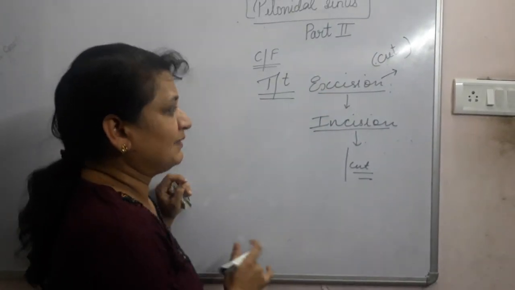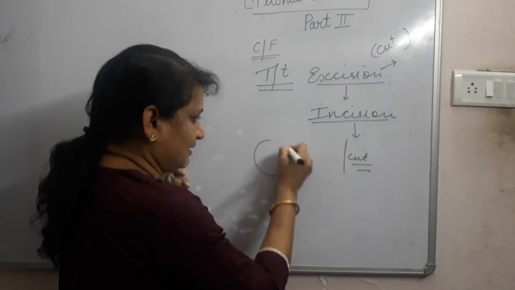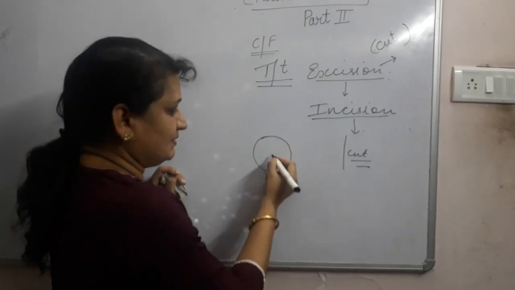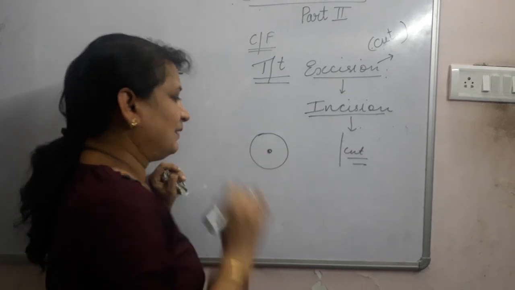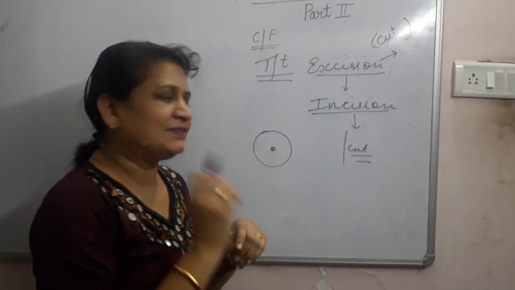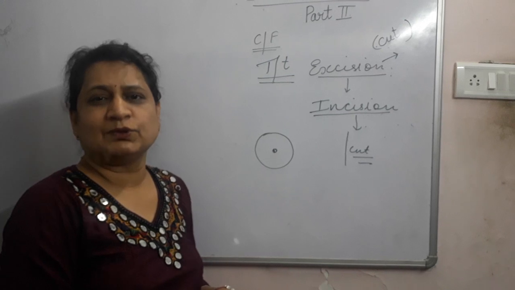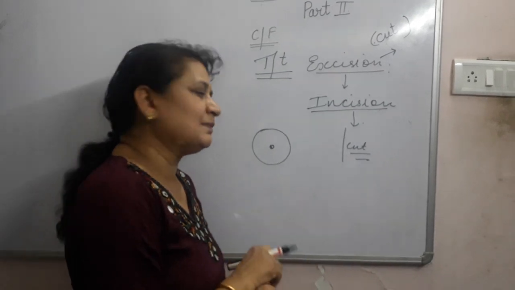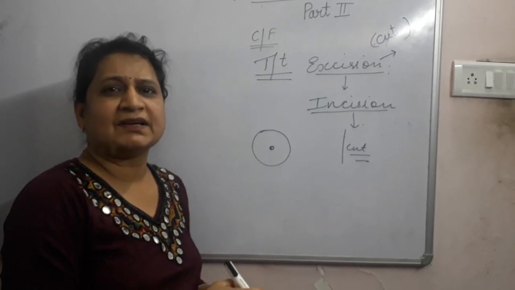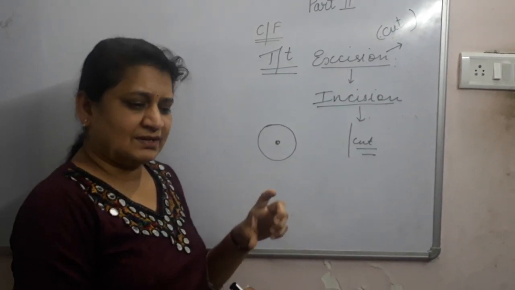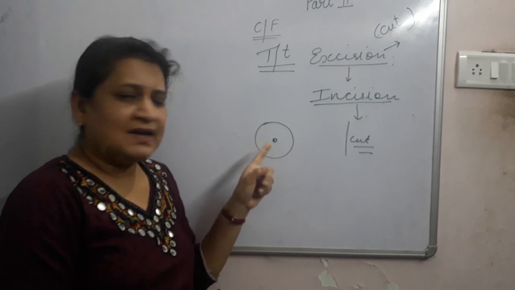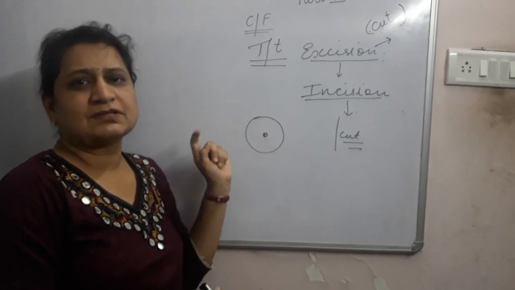Now how will you go for excision? This is the sinus which is present inside. This is a small opening which is present on the buttocks. So through this opening, you will take a syringe and you will fill a dye that is called as methylene blue dye. Everyone has seen the methylene blue dye. It is a beautiful blue colored dye. In pathology, in second year, we have seen that dye. So you take a syringe, you fill the syringe with that dye and you insert that dye into this opening.